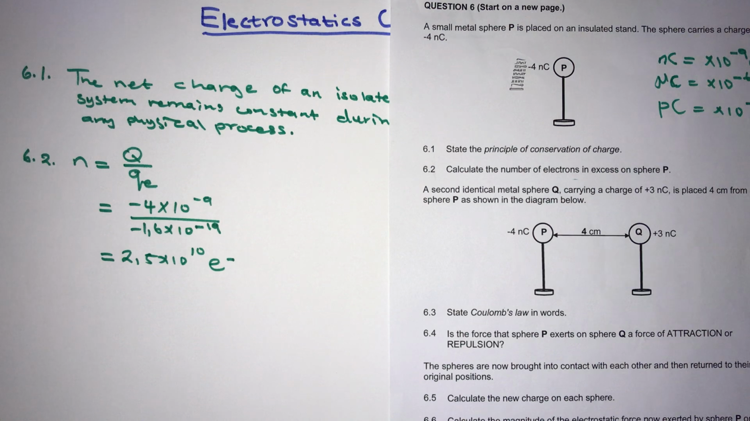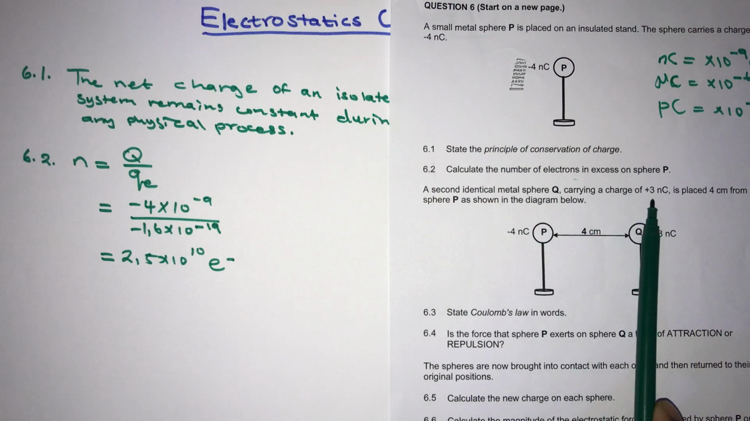So if you are calculating the number of people, that means the answer is 5 people. So here it is the number of electrons. It means that it must be 2,5 times 10 to the power 10 electrons. So you can write electrons in full. That's not a problem. So there is a second statement here that says a second identical metal sphere Q carrying